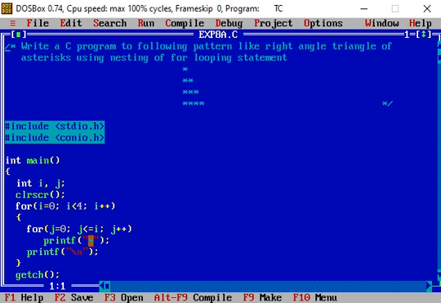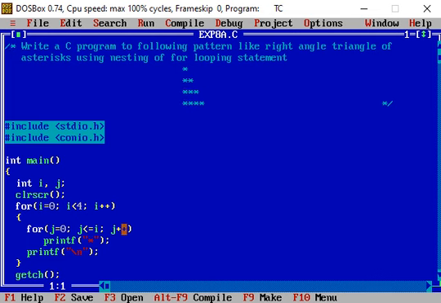So the printf statement prints the first star in the fourth row. Then the value of j is incremented, and now this value becomes 1. So 1 is less than or equal to 3, the condition is true. Again the printf statement prints the second star in the fourth row,